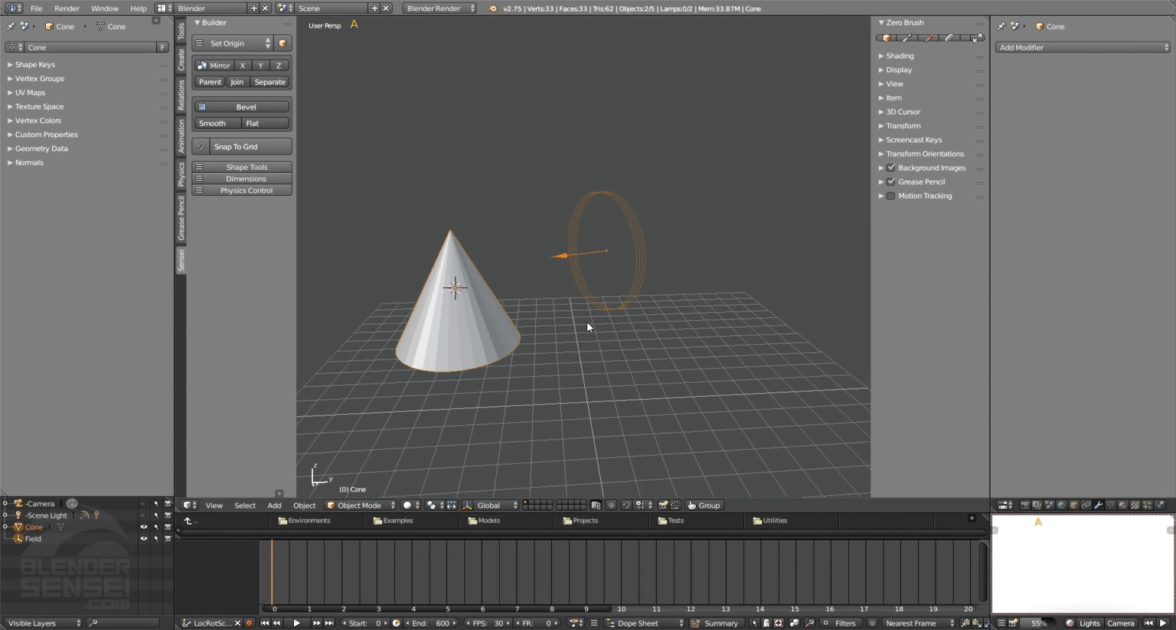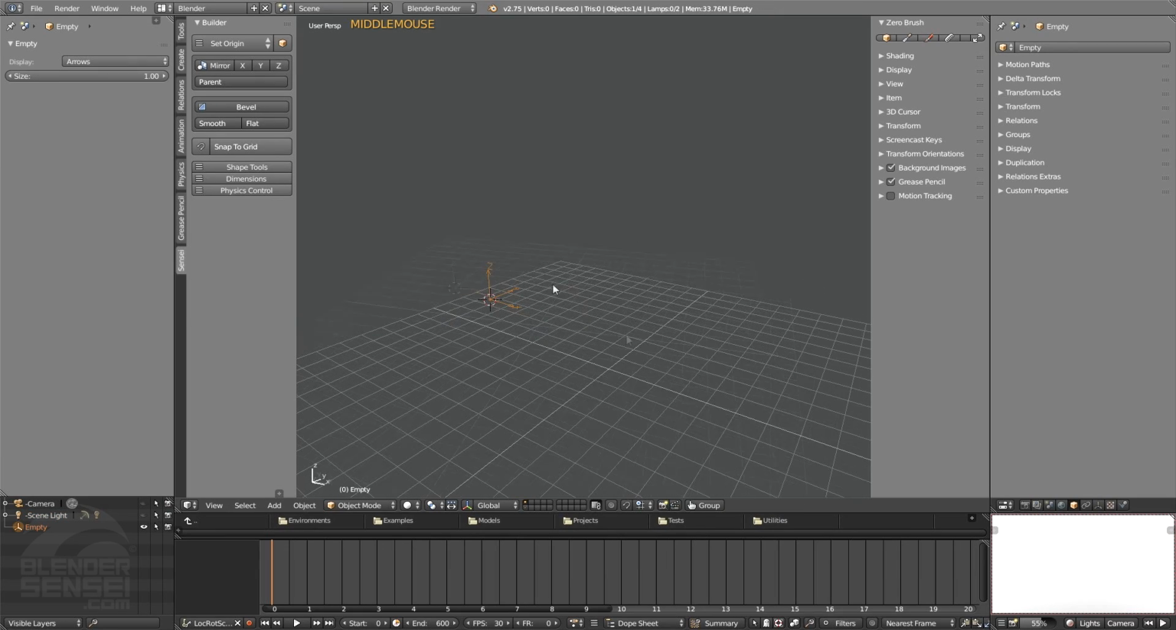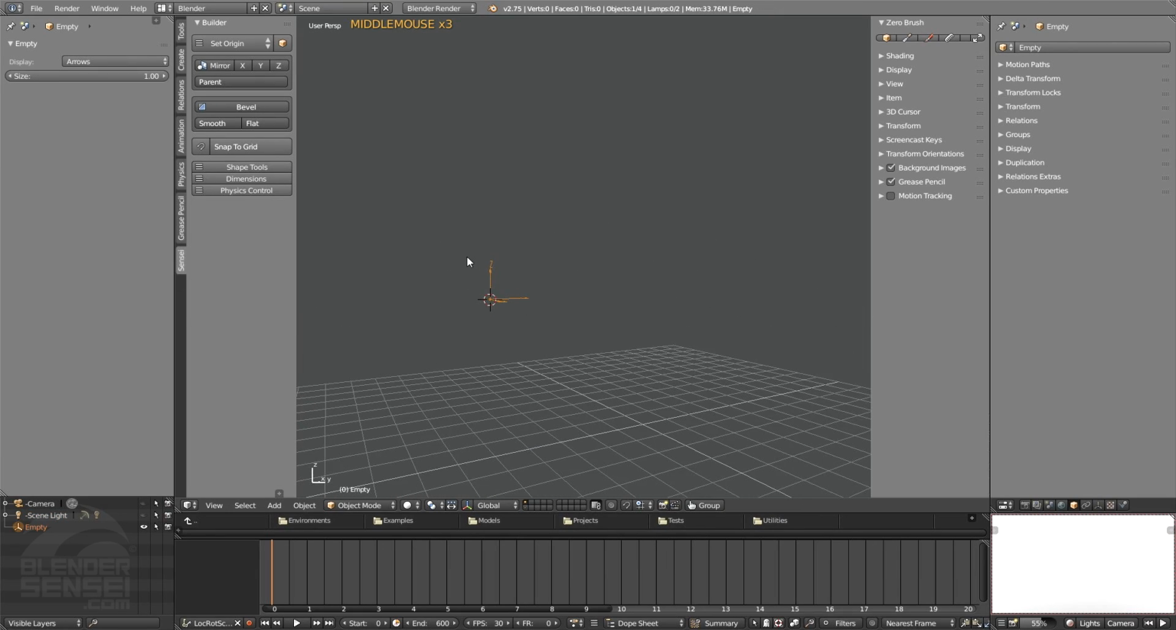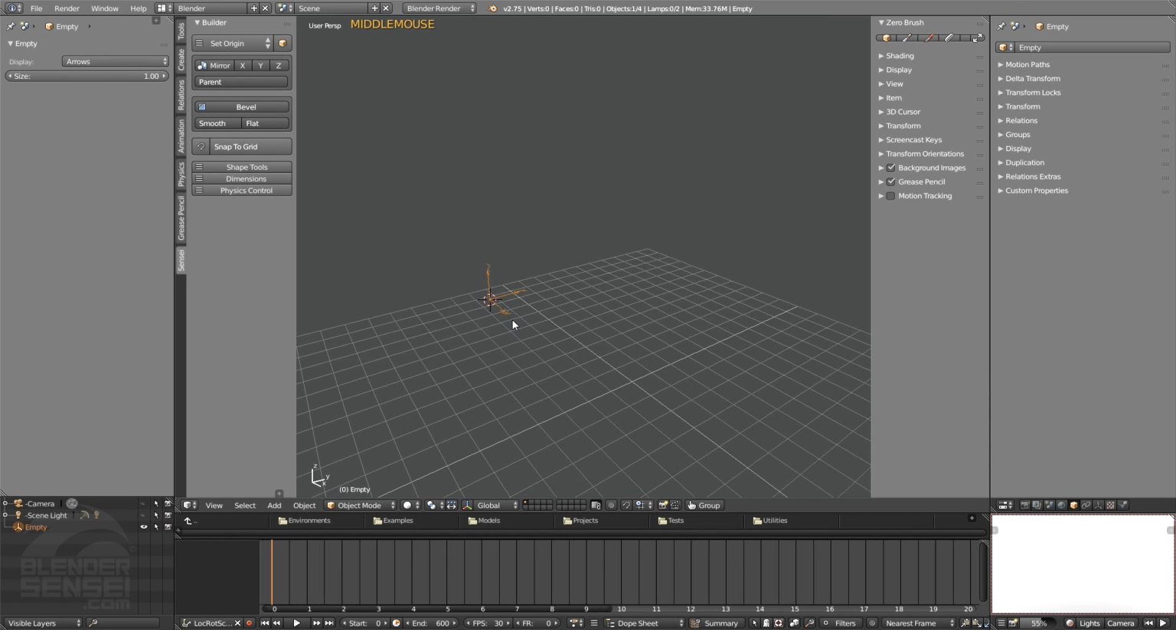Finally, if we press A to select everything, X to delete, and Shift A to bring up our add menu, we have empties. Empties are just very simple graphical elements that are used to help represent points in 3D space to the user and to do different things. Sometimes we use them to guide particle effects, or sometimes we use them as a way to track animation and stuff like that. So if I were to just add these arrows here, the main thing about the empty is that this is a graphical element to help us represent some point in 3D space, and this will not